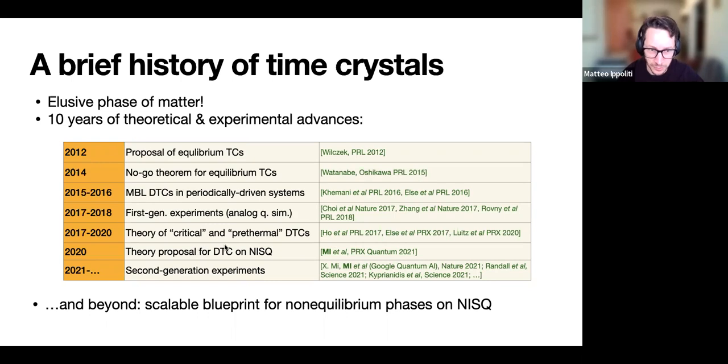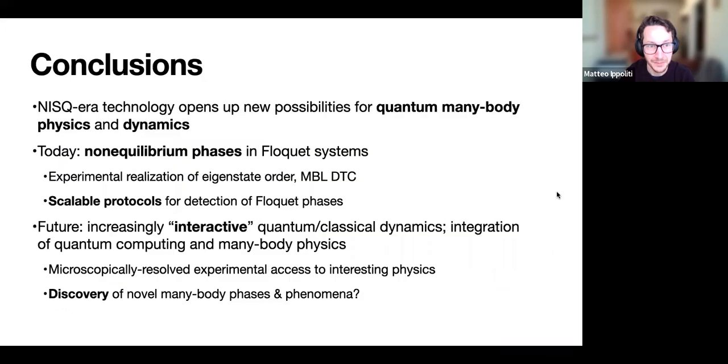And then this is where we proposed to use the capabilities of NISQ devices to have all of the ingredients that would be needed for a crisp demonstration of this physics. And that's where both this experiment that I discussed and other simultaneous experiments have come in and are pushing this frontier of investigating non-equilibrium physics on a range of NISQ platforms, from superconducting qubits to trapped ions to nuclear spins and so on. And so I think this is very exciting, and I look forward to seeing where this line of research goes in the future as the technology keeps getting better.